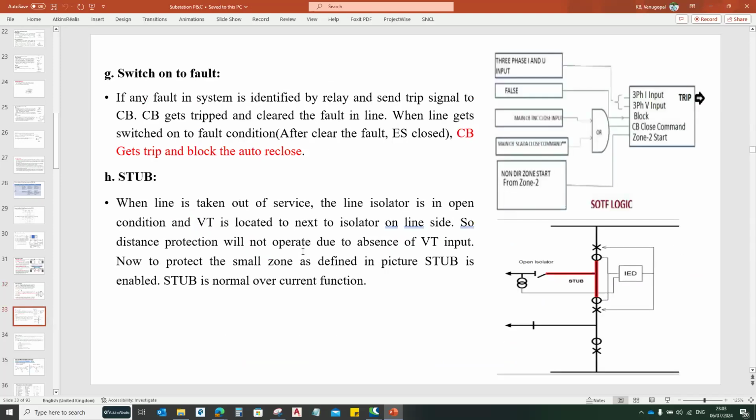And similarly, switch on to fault. If any fault in the system is identified by the relay, it sends a trip signal to the circuit breaker, and the CB gets tripped and clears the fault in the line. When the line gets switched on to the fault condition, that is, after the fault is fully cleared and you have